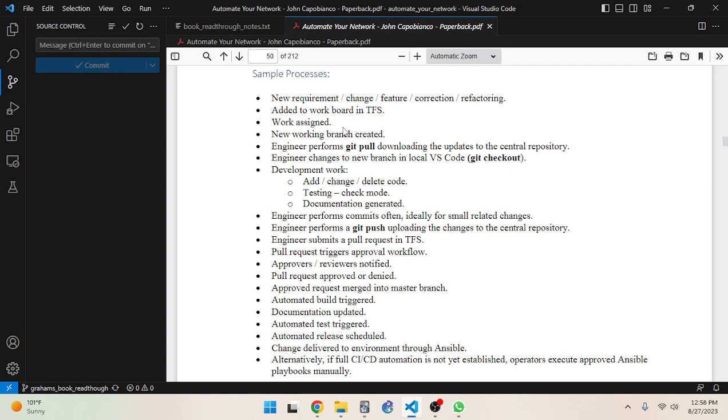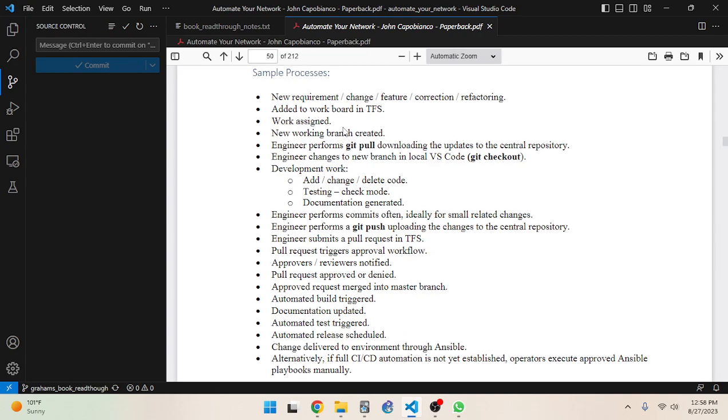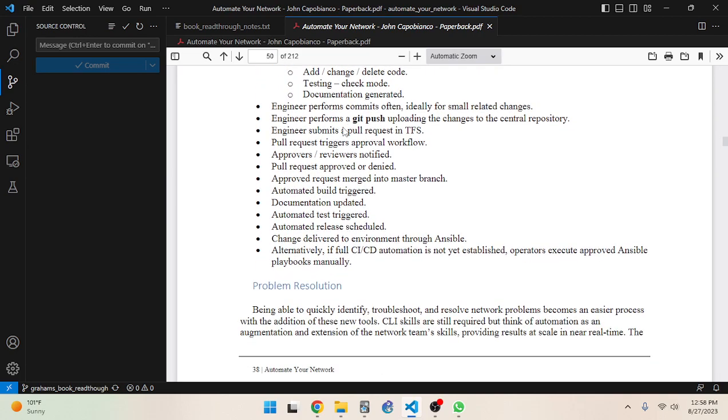The engineer changes to the new branch in local VS Code, git checkout, development work, add, change, delete code, testing, check mode, documentation generated. Engineer performs commits often, ideally for small related changes. Engineer performs a git push, uploading the changes to a central repository.